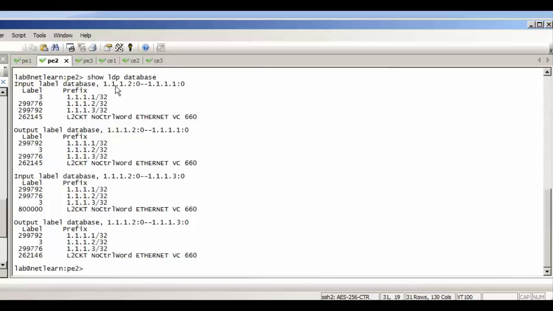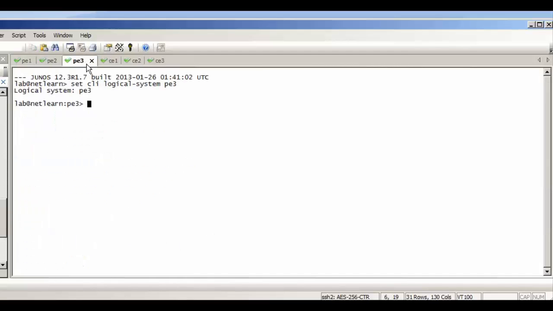Okay, LDP database established from PE2, established to PE1 here. The input label from PE1, and this is the output label from PE2 to PE1. This is the input label from PE3 to PE1, and this is the label from PE2 to PE3.